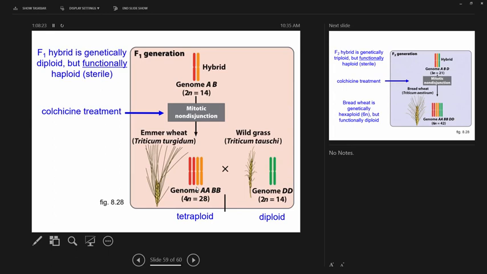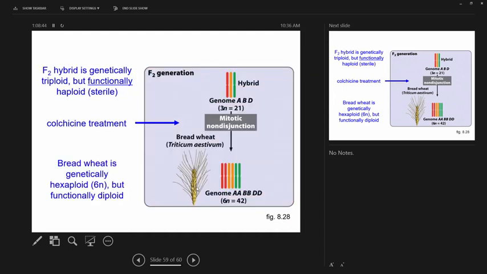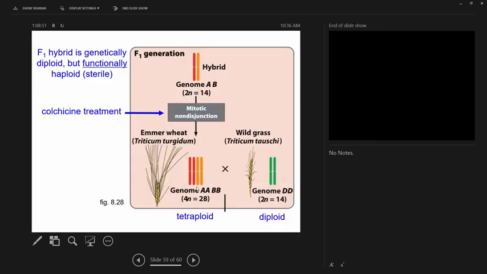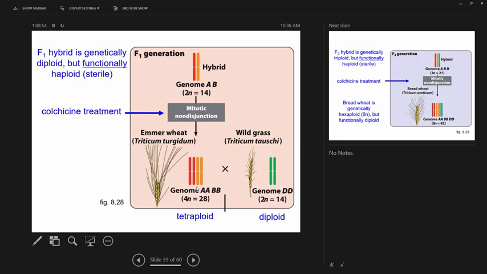And you see it's all Triticum here. Another wild grass species you cross it in. This one's going to be 4n equals 28, so the gametes are going to be 2n equals 14. This one is fertile because it's got 2 of every chromosome now. Made it into this one, and now you've got 3n equals 21, because the gametes from this one are going to be 2n equals 14,